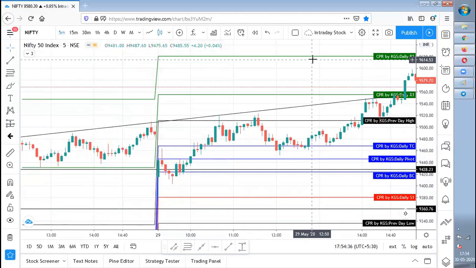I feel that you will get more confidence when you are doing some backtesting or working on charts. Like 1 month, if you use the Fibonacci and then CPR and patterns, you will be able to make a lot of trades. So just try to explore, bro. If you have any doubts, kindly let me know.